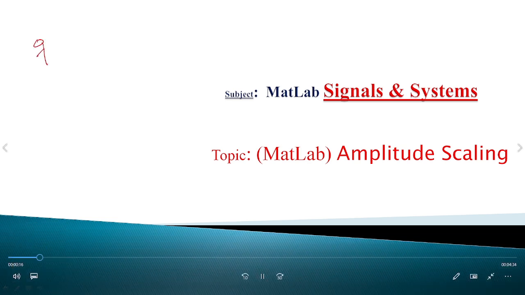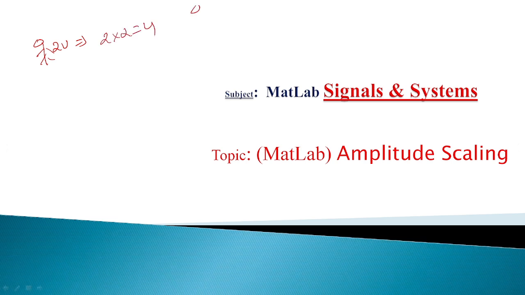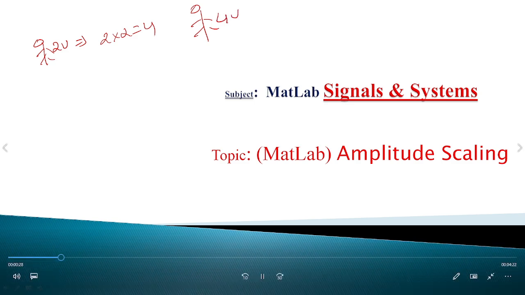We can take one signal, for example this is 2 volts. Scaling means we need to increase or decrease the signal voltage, or not only voltage, any parameter we can change. For example, here the 2 volt input is multiplied with 2, which is the scaling, and after scaling this voltage is 4 volts. For example, this image is converted into an EM wave, electromagnetic wave, having 1 volt, just an assumption,